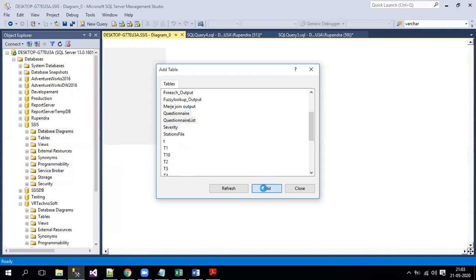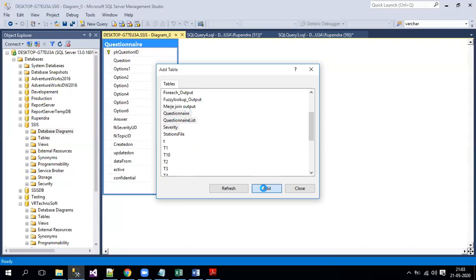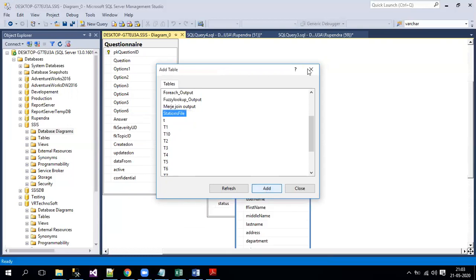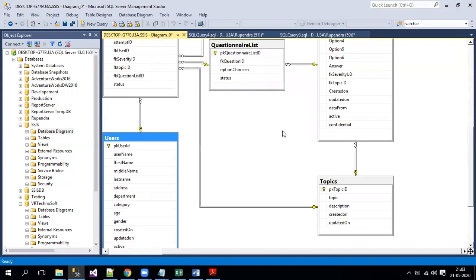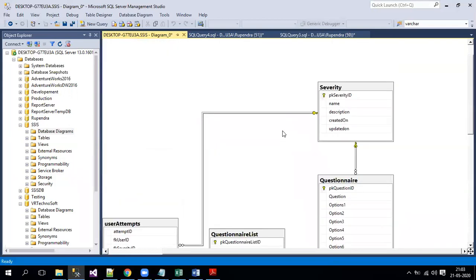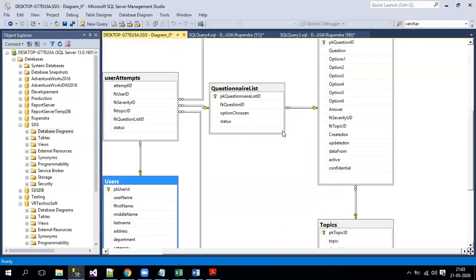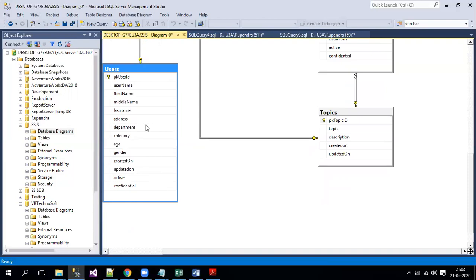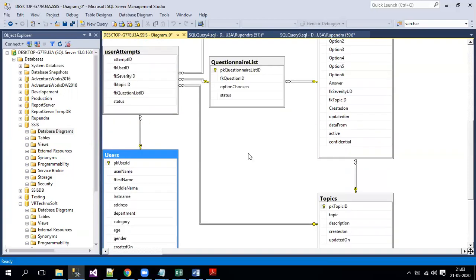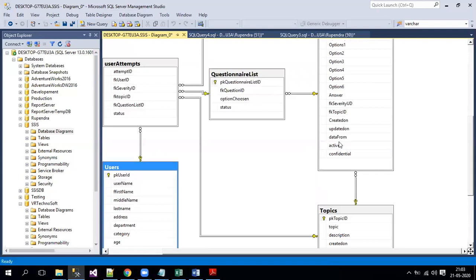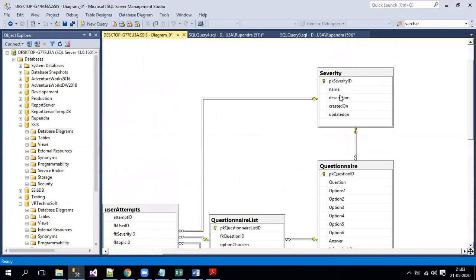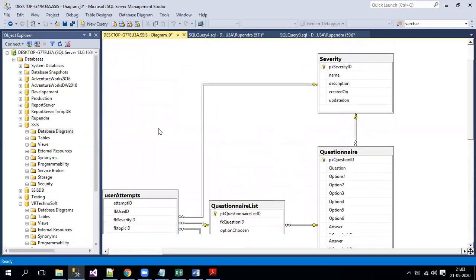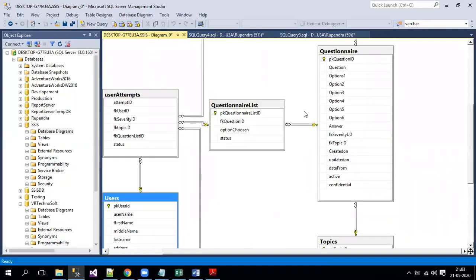Let's add these. Now you can see similar structures here. The user table has no dependency, it's independent, and topics is also independent. We have a primary key on top of it, and one more table, CBRT, is also independent.